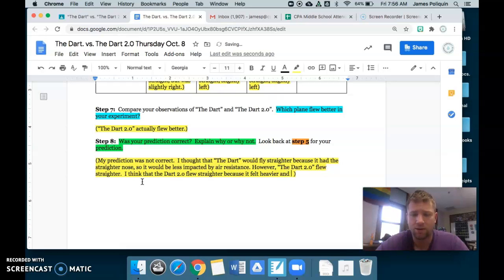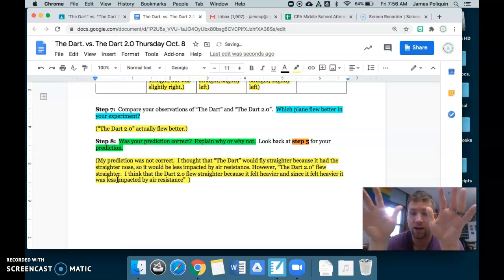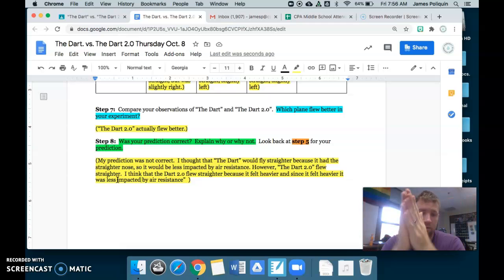And since it felt heavier, it was less affected by air resistance. Less affected or less impacted, or like the air that it was flying through couldn't alter the flight as badly. Okay, and so that